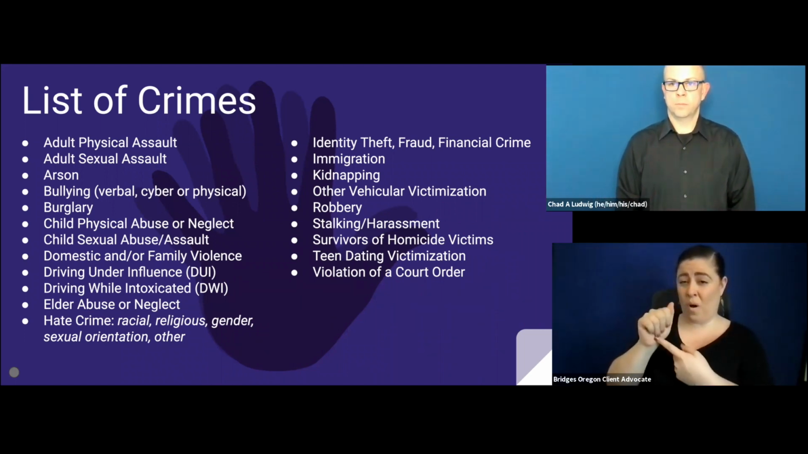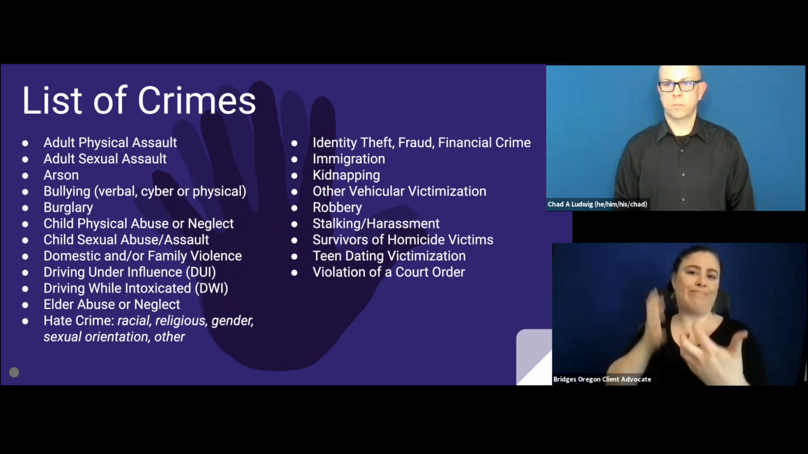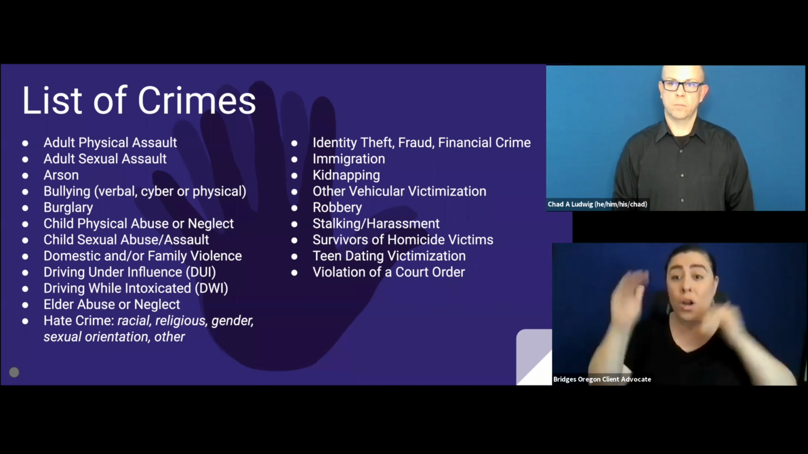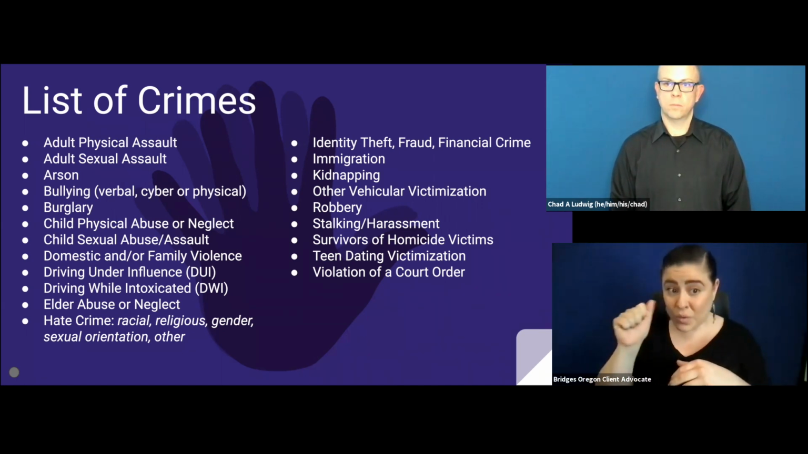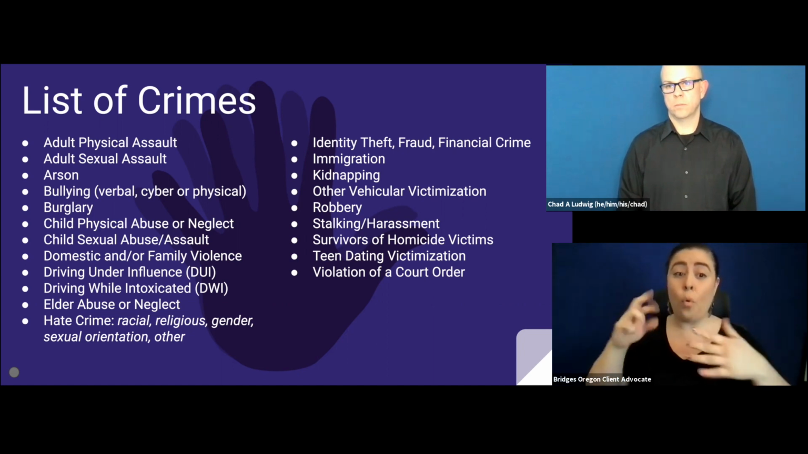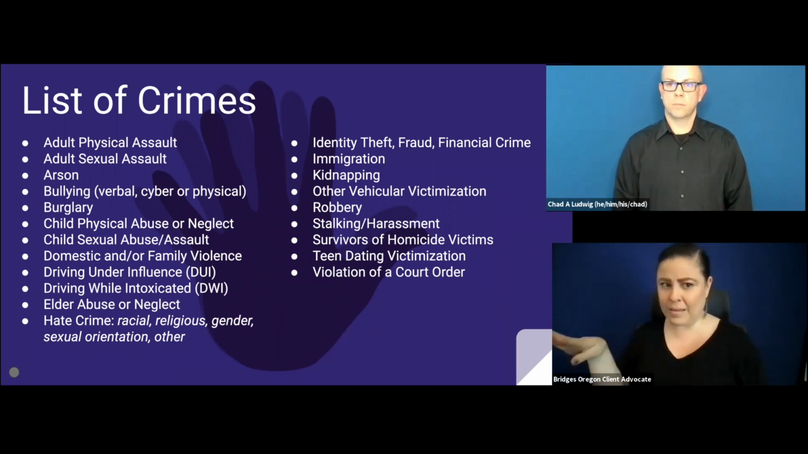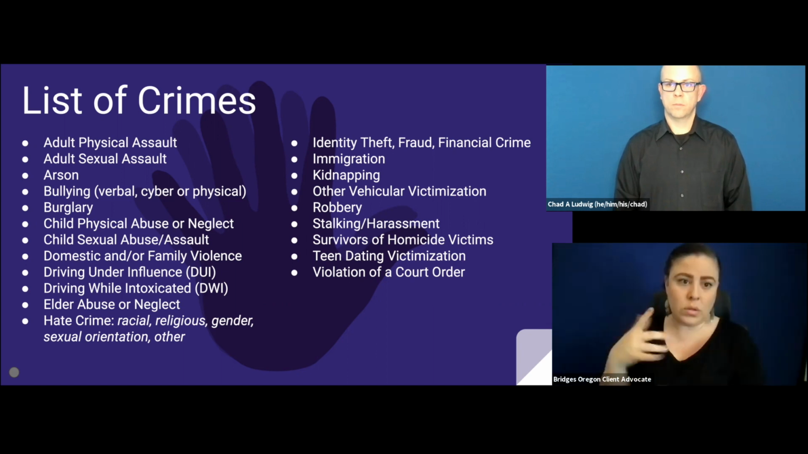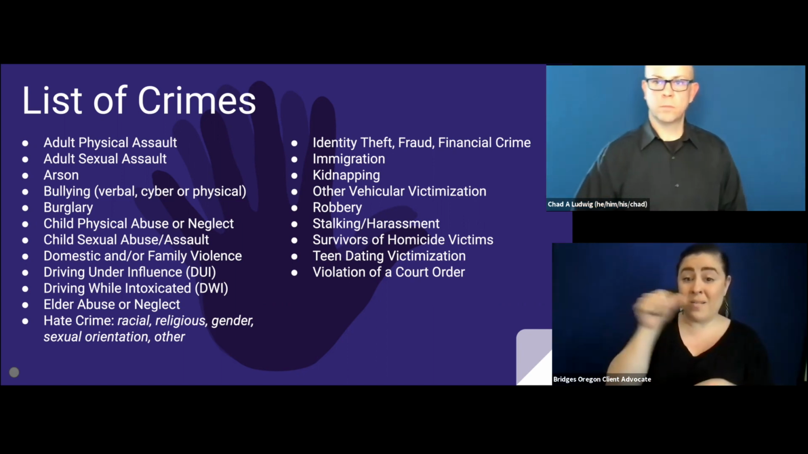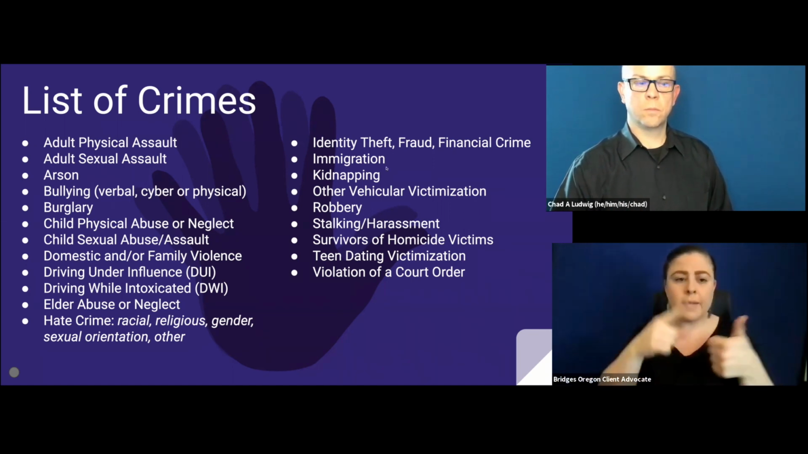And like we already mentioned, VOCA, Victims of Crime Act, is a federal grant that we get that mandates what services we have to give. They include adult physical assault, adult sexual assault, arson, intentional arson, bullying, verbal, cyber, or physical, burglary, and child physical abuse or neglect, child sexual abuse or assault, domestic violence or family violence, DUI, driving under the influence, driving while intoxicated, which is DWI, senior citizen abuse or neglect, hate crime like racial, religious,